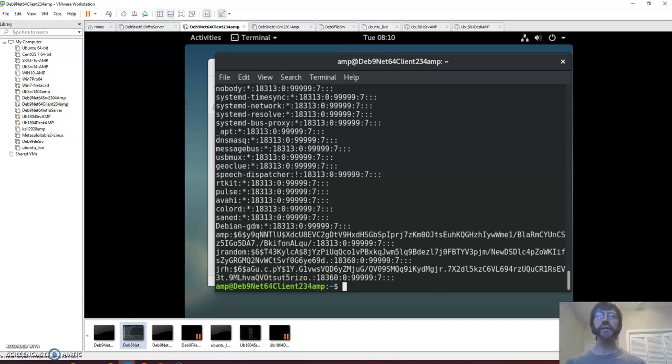With mine, you see a big long ugly string, and you notice also that my big long ugly hash string is different from JRandom's, which is different again from the JRH account. That tells me that these three accounts have three separate passwords. I kind of thought I didn't do that, but oh well. I do have sudo privilege. I can change this if I want to. Anyway,